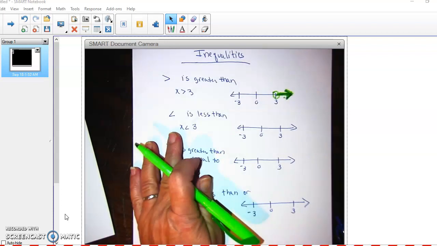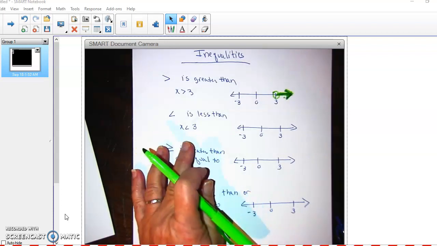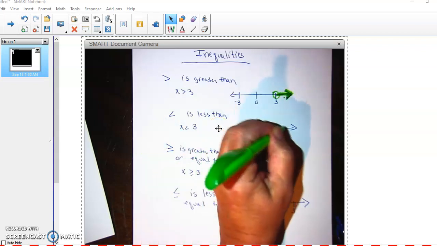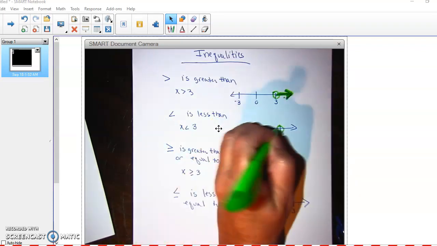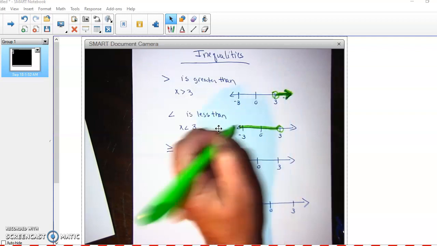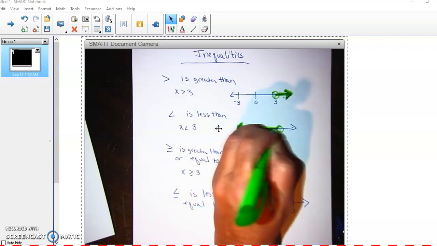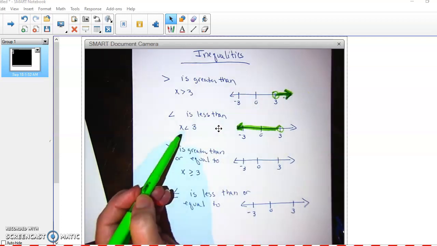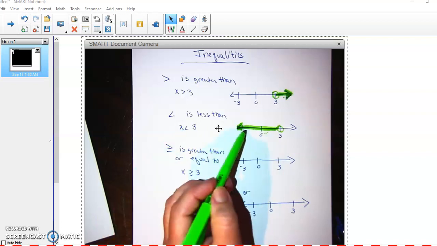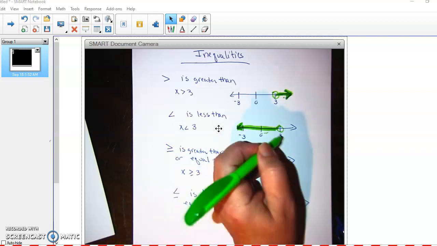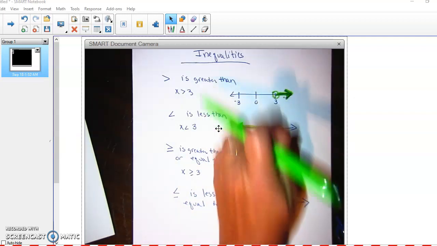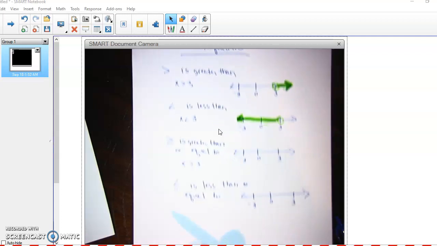This symbol is less than, so this one is saying x is less than 3. Again, 3 cannot be a solution, but that is my starting point. But every single number on this line that's shaded, x represents. So x could be 2, 1, 0, all of these numbers on that shaded part of that line, but it cannot be 3. So notice these two, you're using an open circle, because that means it's not part of the